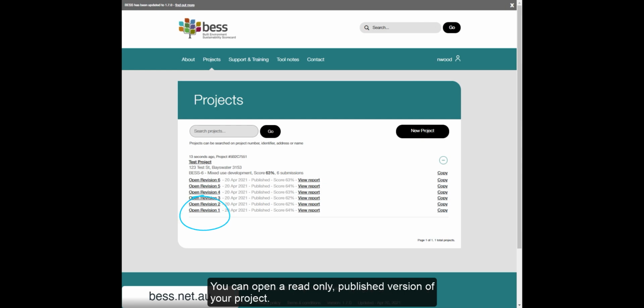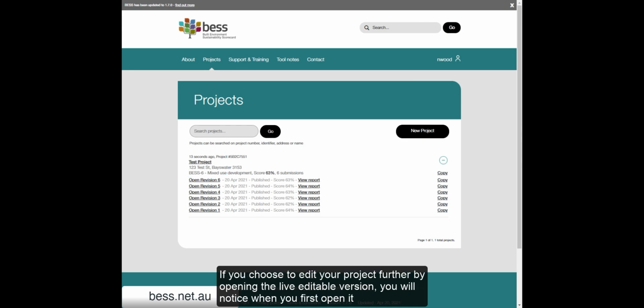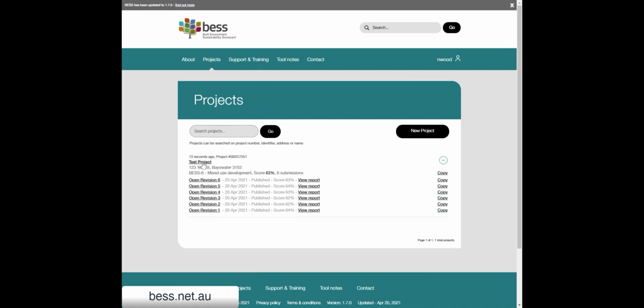You can open a read-only published version of your project. You can also open and edit the live version of your project. If you choose to edit your project further by opening the live editable version, you will notice when you first open it